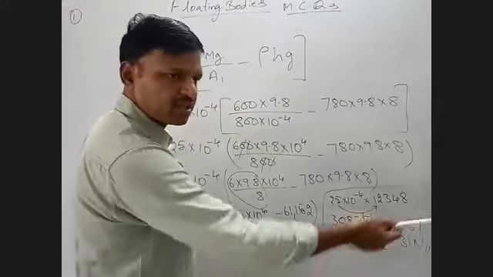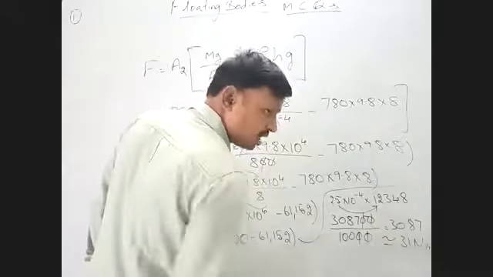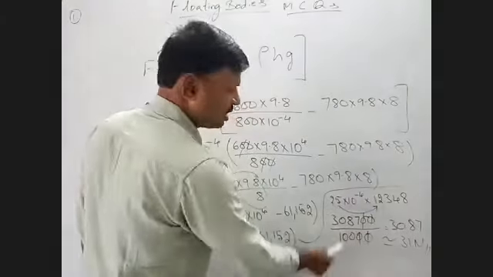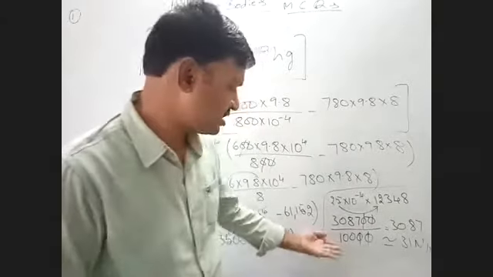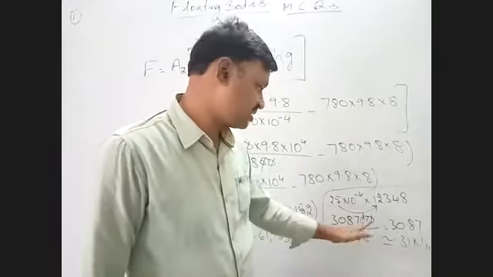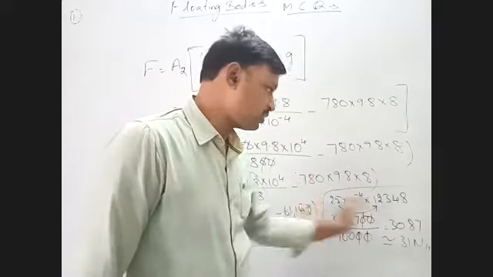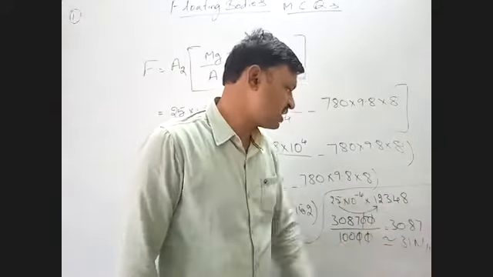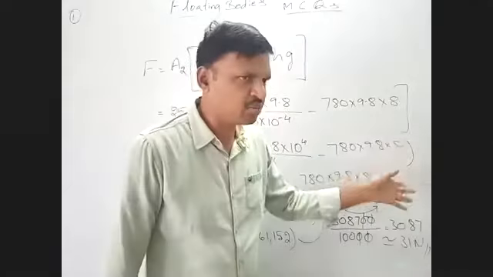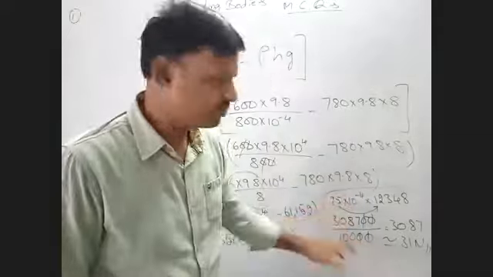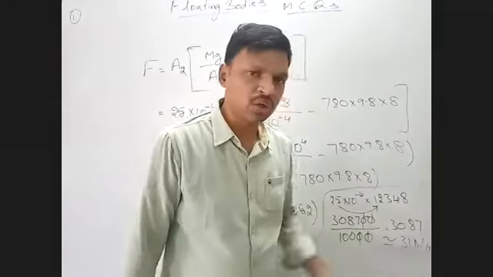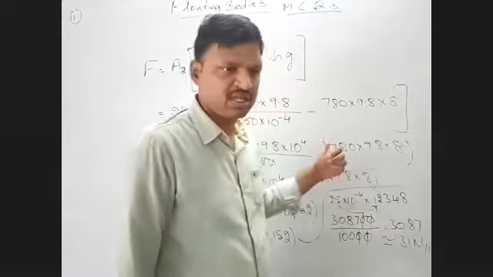10 power minus 4 means 4 zeros after 1. So 2 zeros cancel. 3087 by 100, you need not do any calculation. Just keep two decimal places: put a point here from the left, two places. So 30.87, which you can round off to 31. Not exactly 31, so it is approximately equal to 31. Finish.